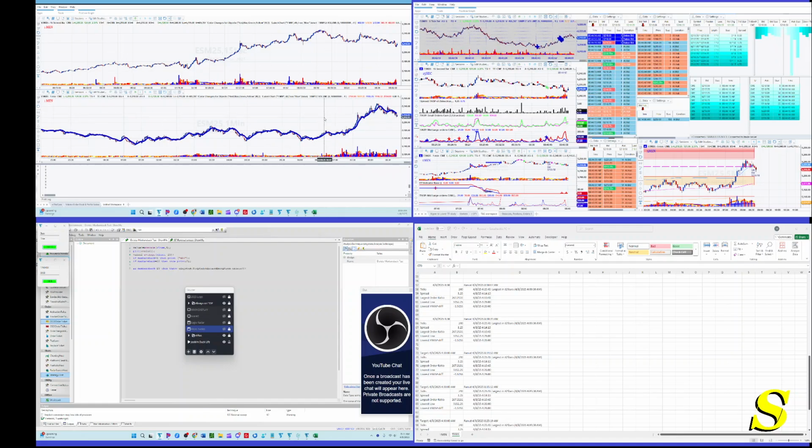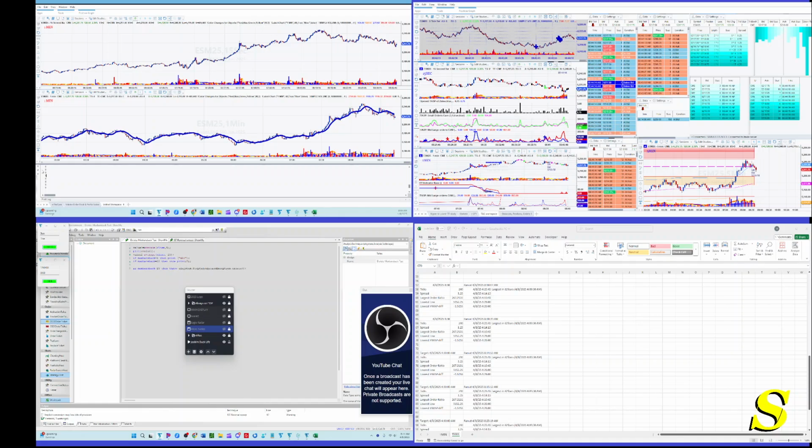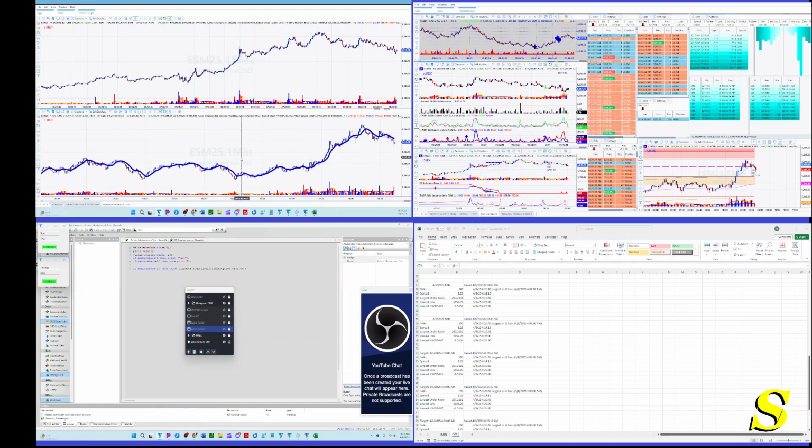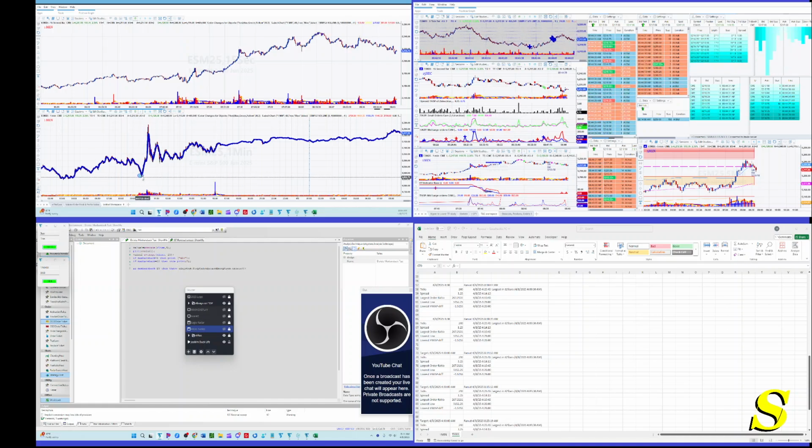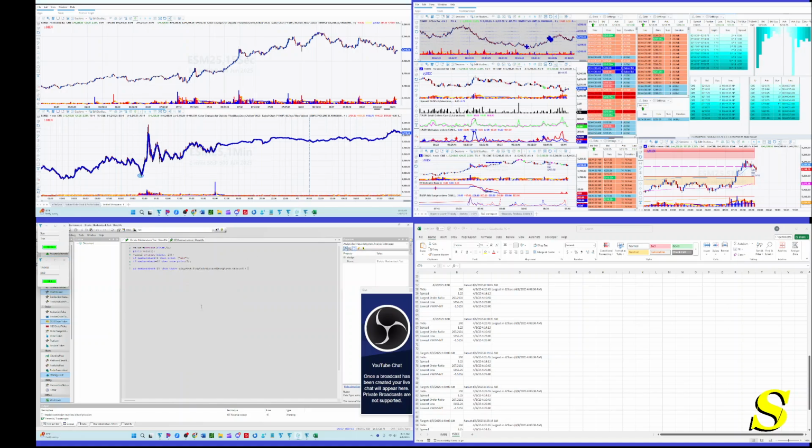So pretty much what I have going on here is that one of the things I want to do is, if I identify that there is a significant swing low or point, something like that, then I'm going to put a reference point of time here, and then I want to know what kind of information I can gather that happened at this swing point. Specifically, what I'm looking at initially is over here in the Excel spreadsheet. That is what I use